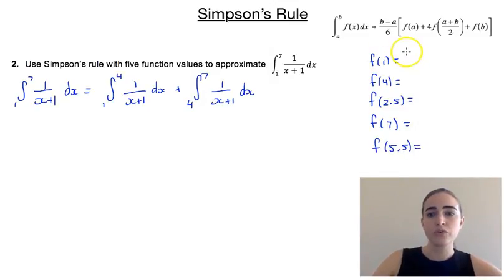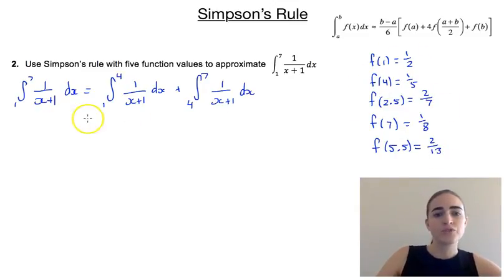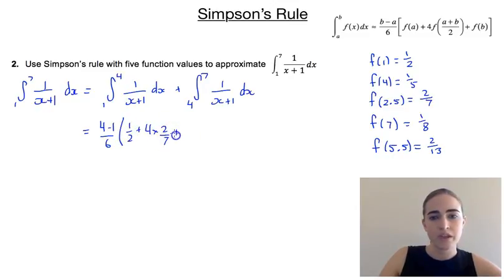Right, so if we go through and figure all of those out, that's going to be a half, 1/5. This would give us 1 over 3.5, which is the same as 2 over 7. This would give us 1 over 8, and this would give us 1 over 6.5, which is the same thing as 2 over 13. So now we can substitute everything in. So we're going to have 4 minus 1 over 6, outside of a half, plus 4 times 2 over 7, plus 1/5,